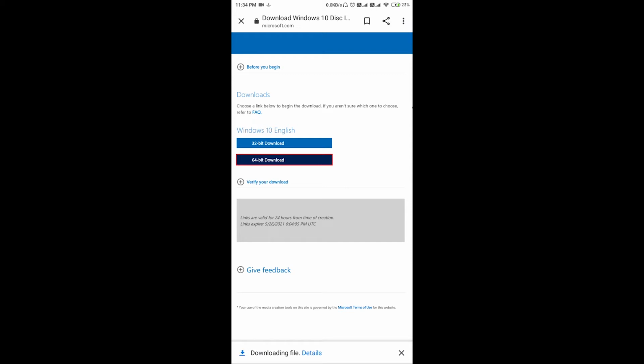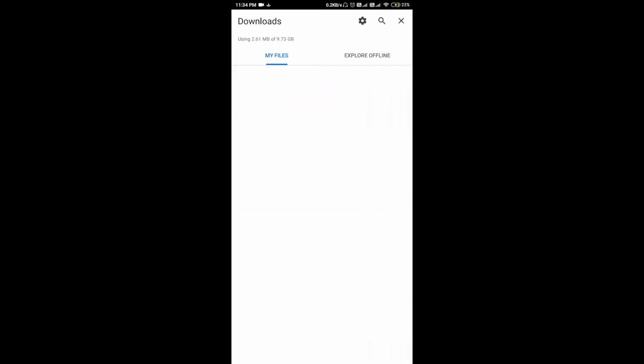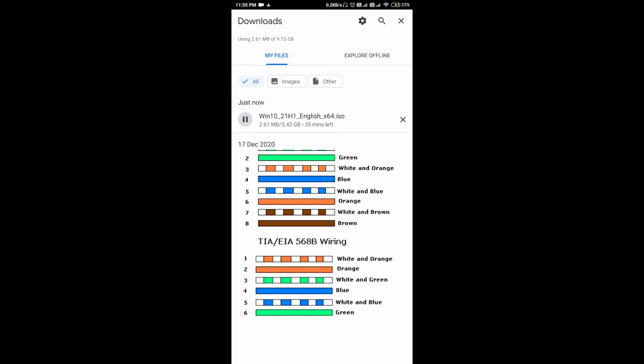So just click on the details. So here we can see the Windows 10 21H1 English 64-bit ISO is in download process. So we will wait until download.